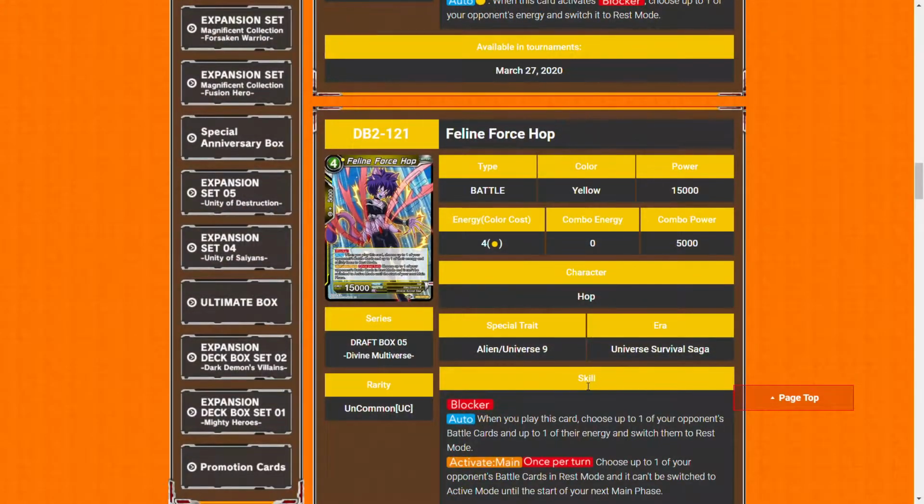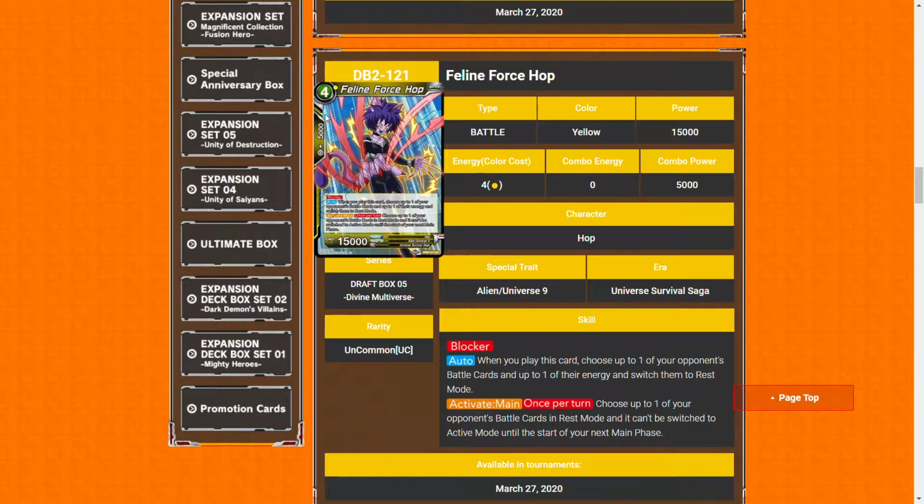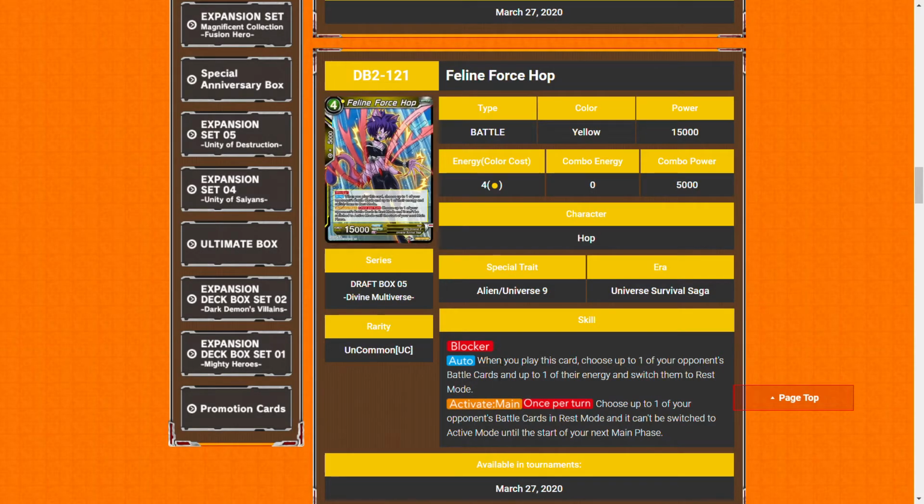Next we have Feline Force Hop. Blocker, when you play this card, choose one of your opponent's battle cards and one of their energy and switch it to rest mode. For 4 energy without deflect or barrier, that's kind of dangerous. I mean, barrier isn't that important in this part, but choose one of your opponent's battle cards in rest mode and it can be switched to active mode until the start of your next main phase. I would have preferred it if it targeted energy as well, but you probably won't run this anyway, so